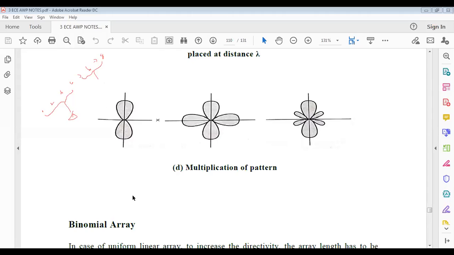Here the pattern multiplication concept which is applied is suitable only for point source antennas having identical excitation, and the current applied to those current elements is uniform. Equal current must be used to excite those point sources. See here, what are those excitation amplitudes of that current? Those excitation amplitudes are found out by using